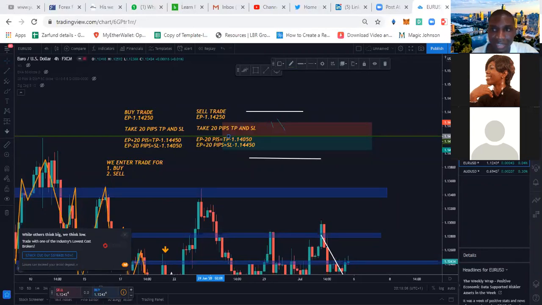What do we understand price to be doing looking at the way candles are forming? That's the meaning of price action. When you look at certain price actions, certain candle formations, they tell you something about the direction price is about to go, either a buy or a sell. Some time ago, I looked at some of these patterns